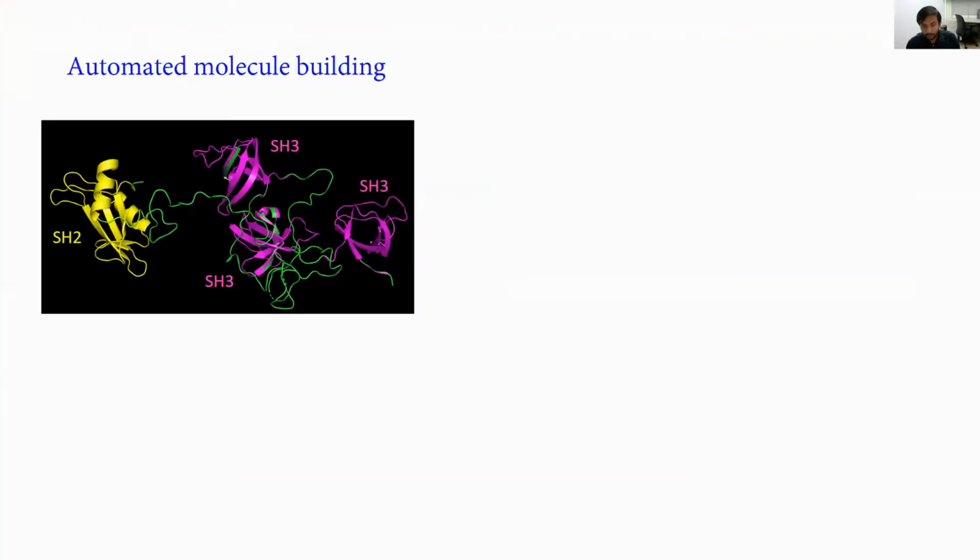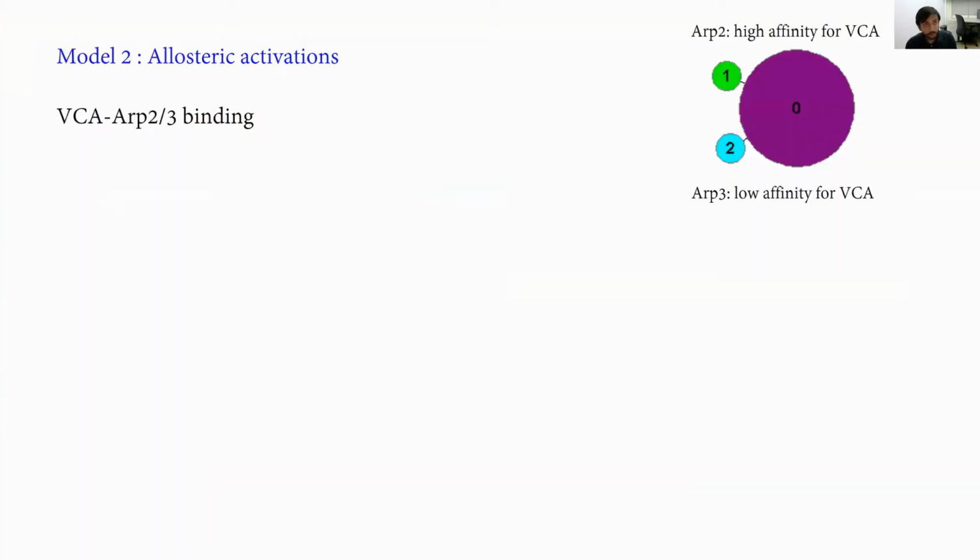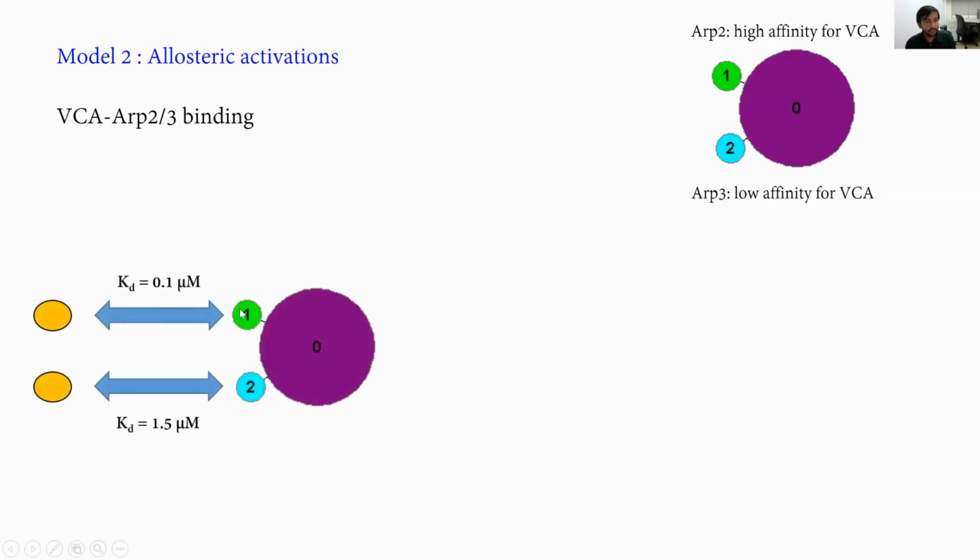Okay, then the next thing I want to show is this allosteric activation that I mentioned. So we have this representation of ARP23. ARP23 has 2 sites, right, for VCA, site 1 and site 2. So the idea is that